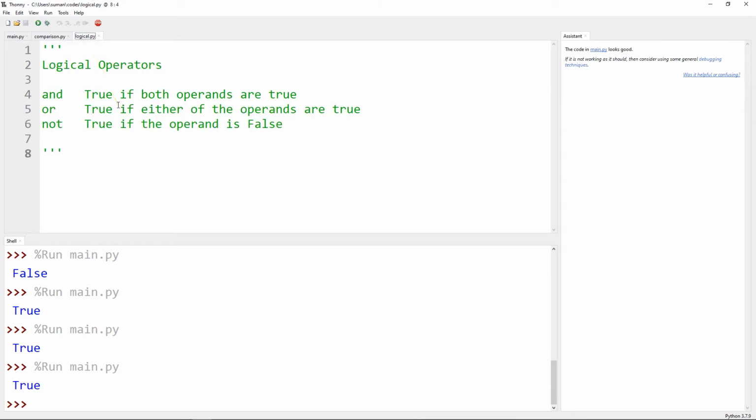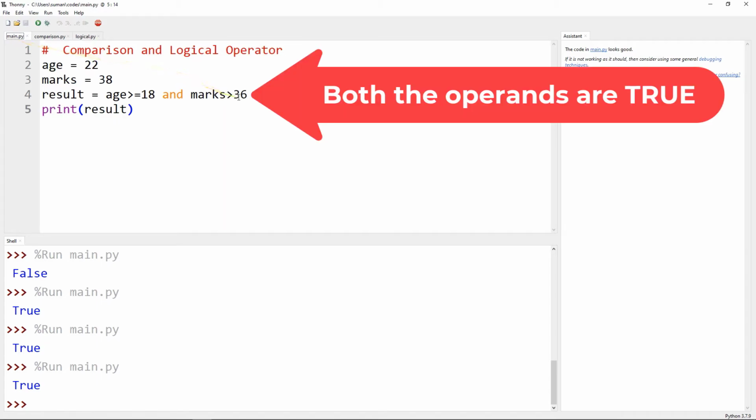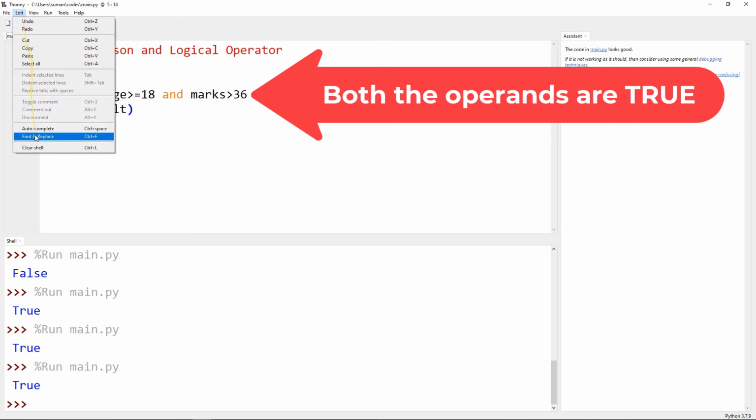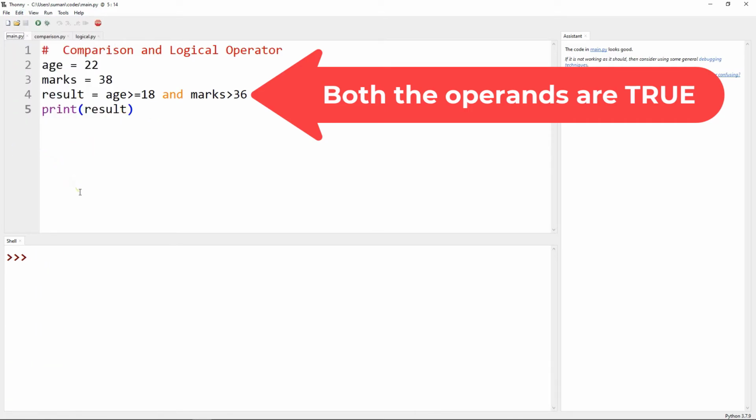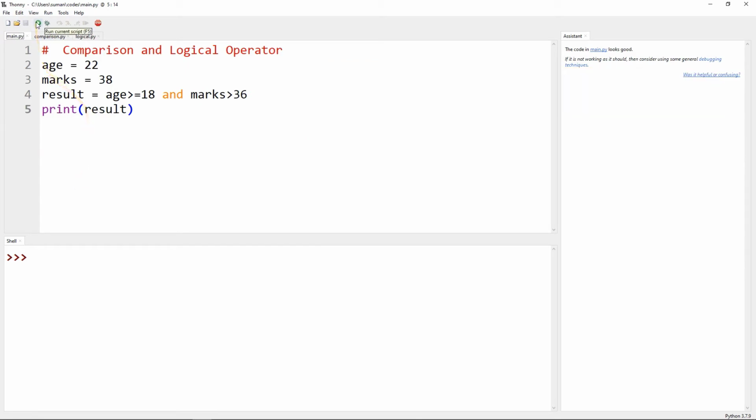AND means true if both operands are true, so both expressions being true gives the result true. Let's clear the cell first and run the code once again, and we get the result as true.